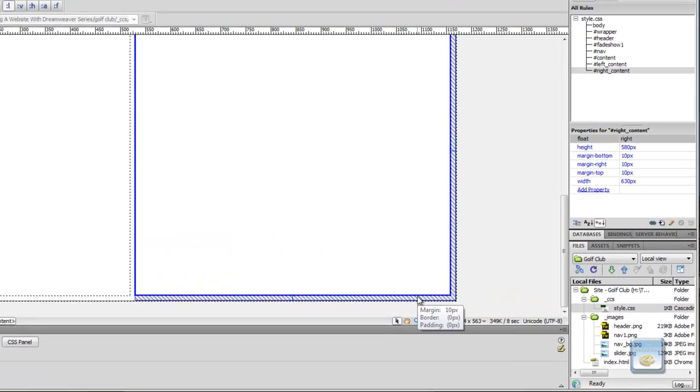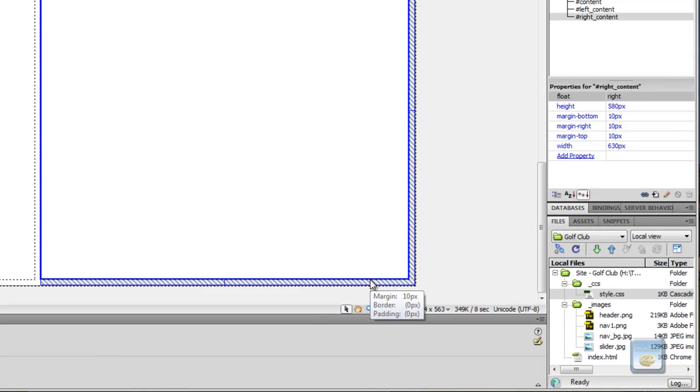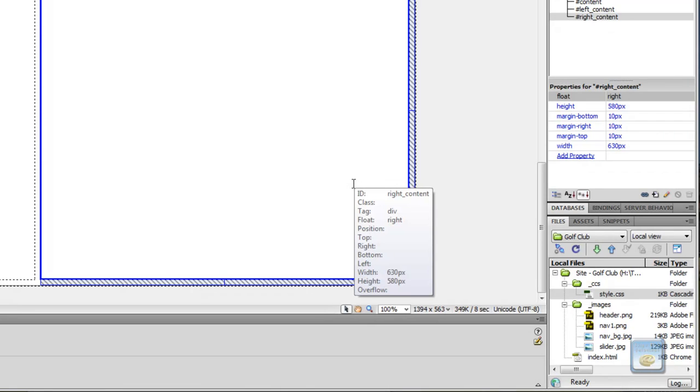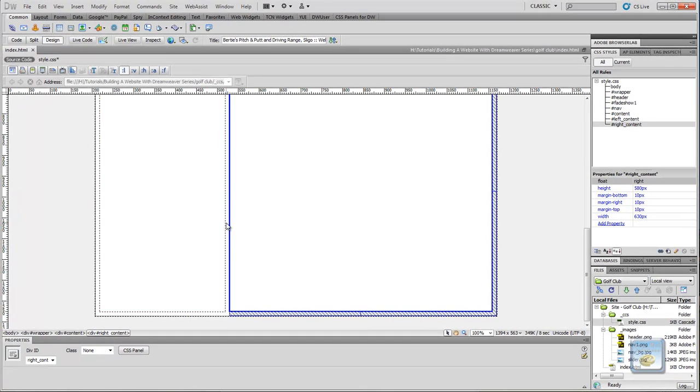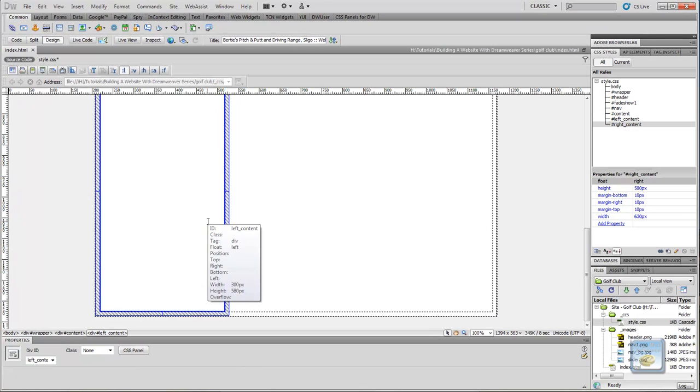And if you hover over it, you can actually see the margin settings on it, or if you hover over the individual div, you get your little comment box or properties box to show exactly what parameters are set for each of the individual divs. It's a left content div, it's float left, and it's 300 pixels wide and 580 pixels in height. So